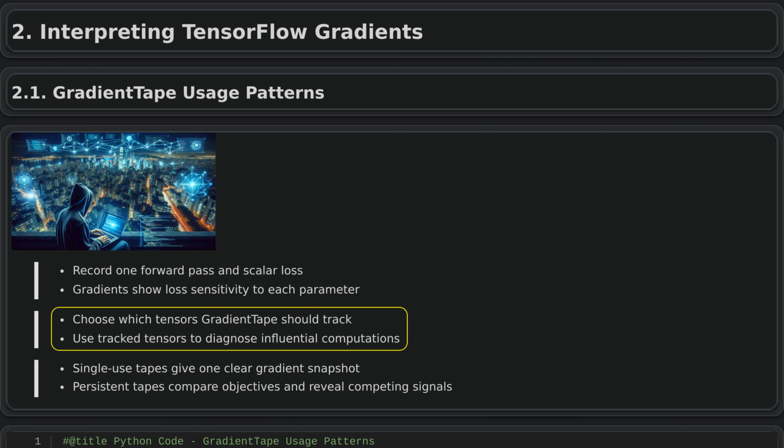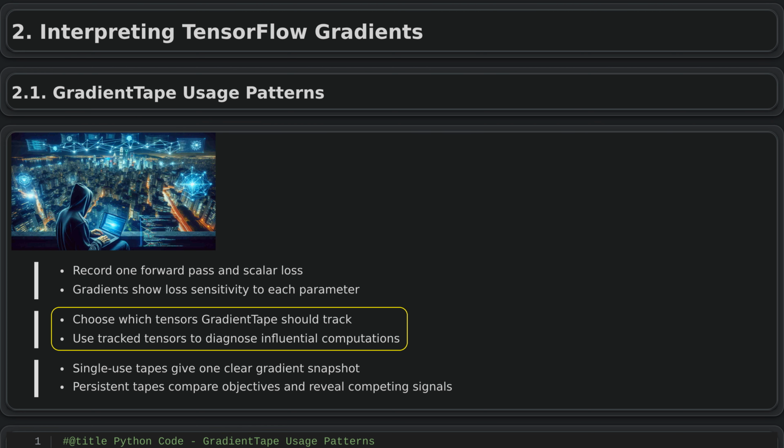The tensors you choose to track for differentiation determine how you interpret the resulting gradients. Letting the system automatically watch variables means those are the ones you plan to analyze and update. In contrast, explicitly selecting which tensors to track lets you focus on how particular features or intermediate values influence the loss. For example, in a medical model, you might track a risk score to see its direct effect on the loss. By choosing carefully, gradients become both update rules and diagnostic signals that reveal which parts of the computation graph